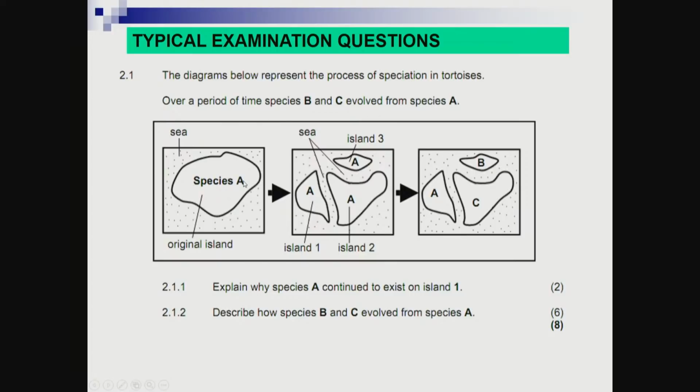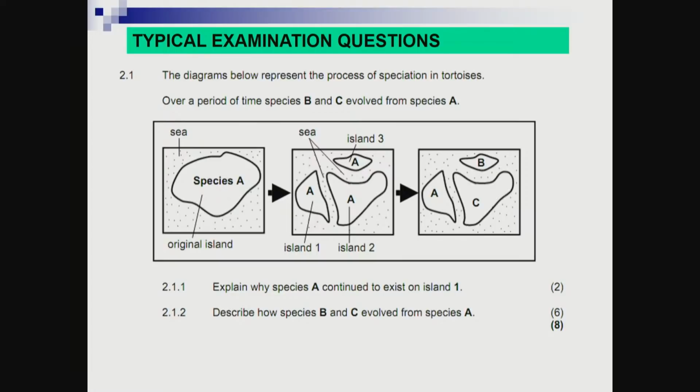They were split by a geographical barrier, which is the sea, into three different islands. Each of these populations on these different islands 1, 2 and 3 undergoes different environmental conditions. They undergo natural selection independently on islands 1, 2 and 3. Now the tortoises are different,